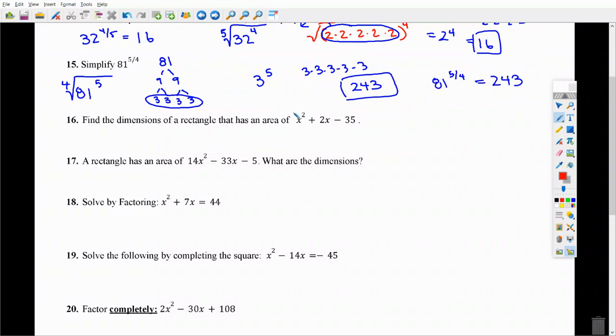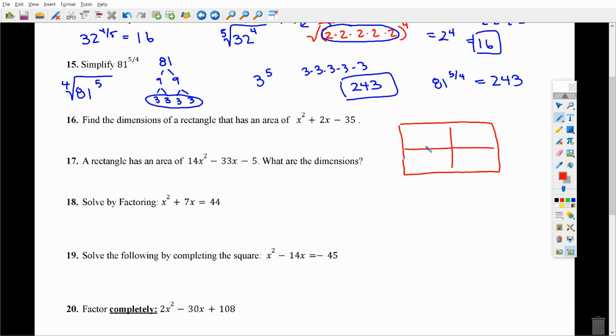For number 16 here, it says to find the dimensions of a rectangle, and it has an area of x squared plus 2x minus 35. So in other words, we have some sort of box. If I were to fill this in, it's like a weird measurement, x squared plus 2x minus 35. Not really how we think about area, but if I were to think about how we've done these problems, we